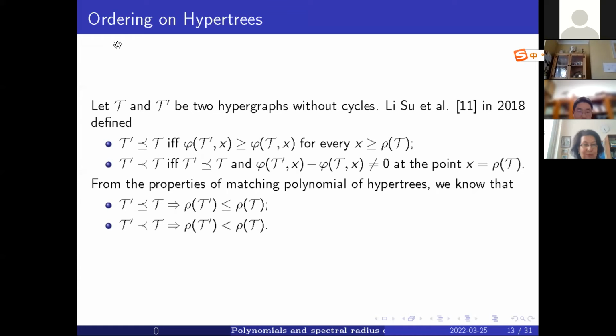First, we give the definition of the ordering on hypertrees. Let T and T prime be two hypergraphs without cycles. Su in 2018 defined the ordering as follows. If for all x greater than or equal to the spectral radius of T,